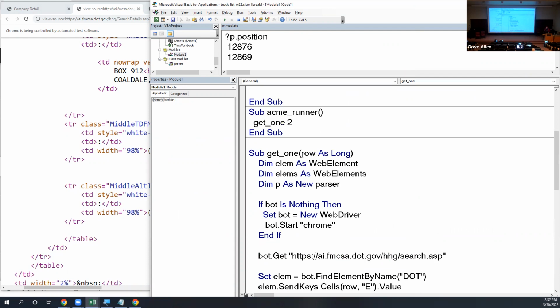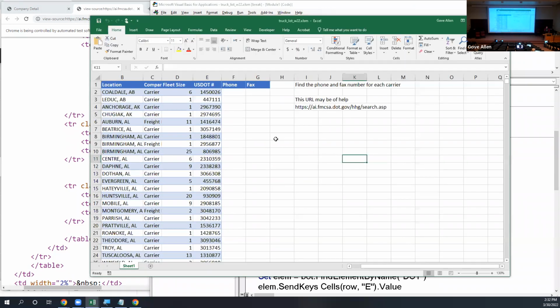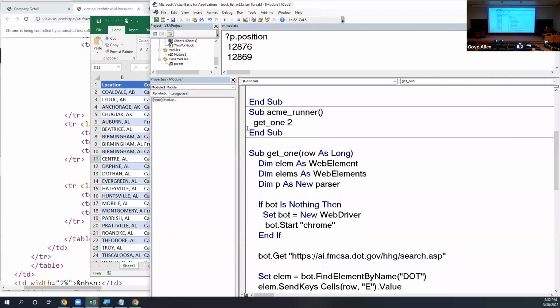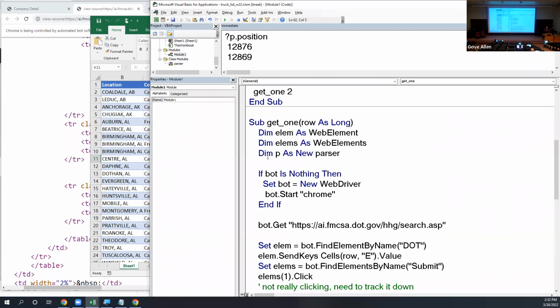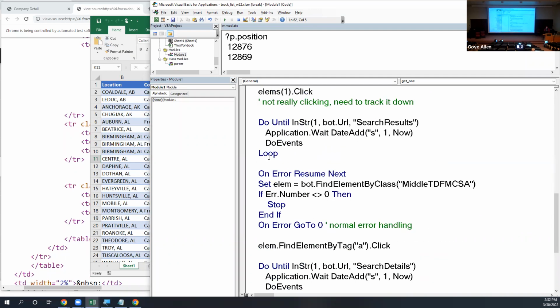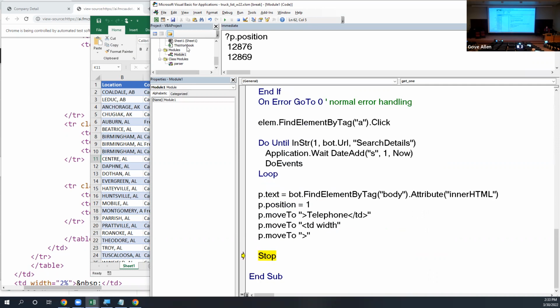Oh no, we're going to write this to the row that we're on. So where do we want to write that? Telephone number is in column F on our current row. Okay, so we know the row, and it looks like our sheet is just called Sheet 1. And that's the name of it, the code name of it too. So let me just do this. Sheet 1